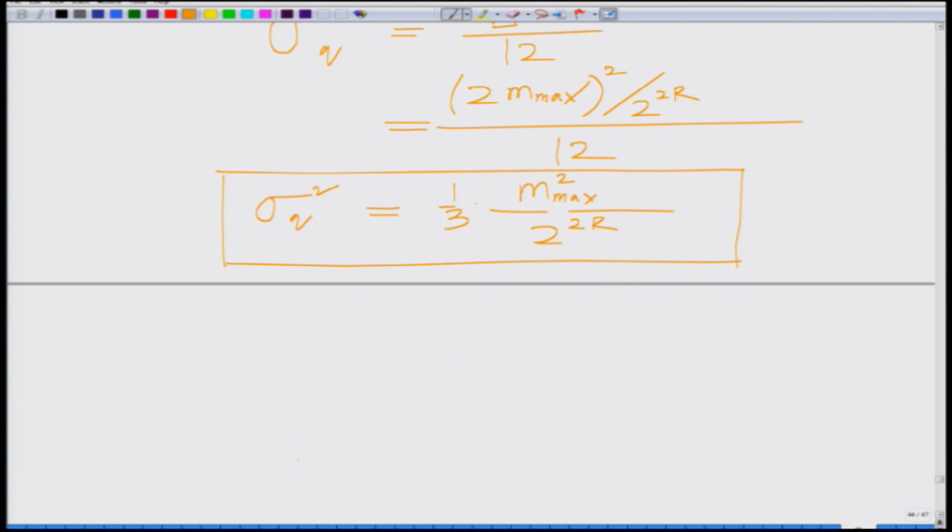Now, we have sigma q square is 1 over 3 m max square divided by 2 to the power of 2 r, where m max is the peak amplitude of the signal sample. Now, if we consider it in dB, the quantization noise variance is 10 log 10 sigma q square, which equals minus 10 log 10 3 plus 20 log 10 m max